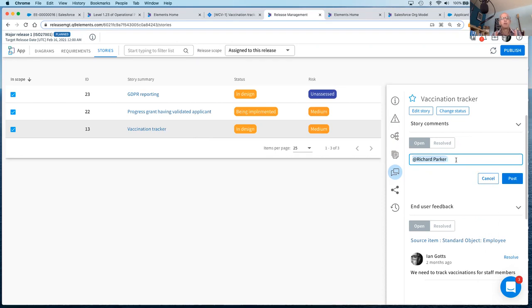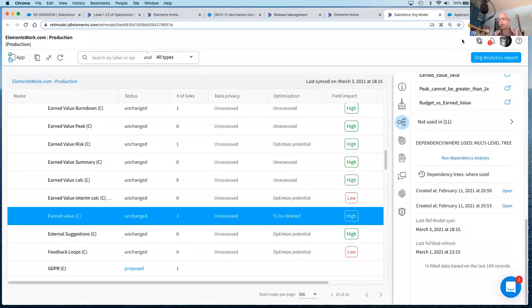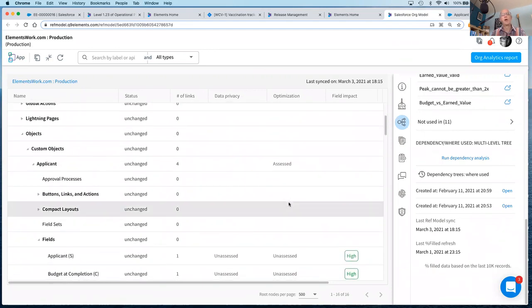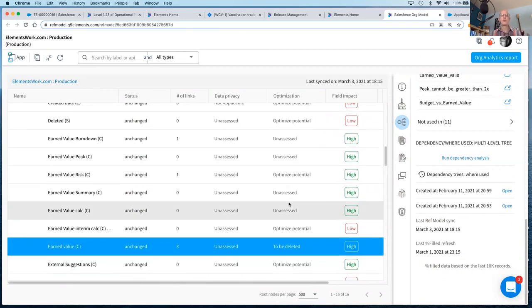So I've said this is relatively straightforward. Yes, you can put all the user stories into one place. Yes, you could think about the releases you've got, very quickly create them and add user stories. This org model takes 2 minutes to get set up, takes about between 10 minutes and 2 hours to run for us to do all the analysis for you. And then you have all of this analysis at your fingertips for every single metadata item that we've pulled out for you. Objects, fields, validation rules, all the way down to